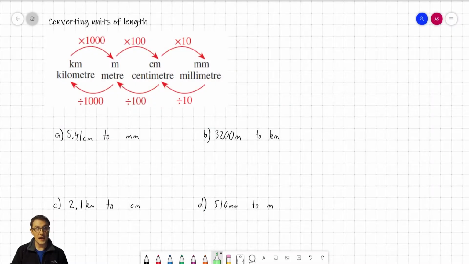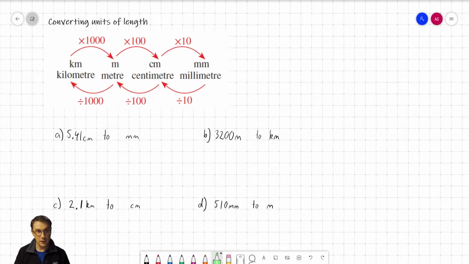Hey, amazing people. Today we're going to look at converting units of length. When we're converting units of length, it can sometimes be a little bit difficult to know what to do. So a way to help you is to use this chart here, which helps you understand what operation needs to